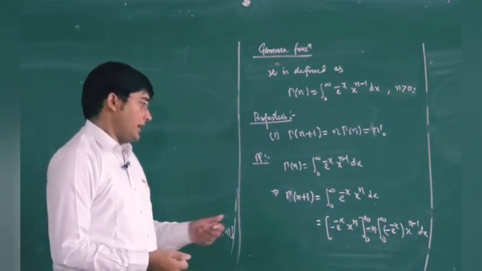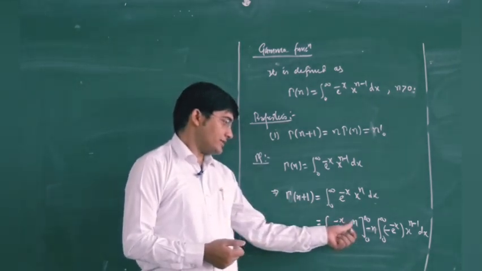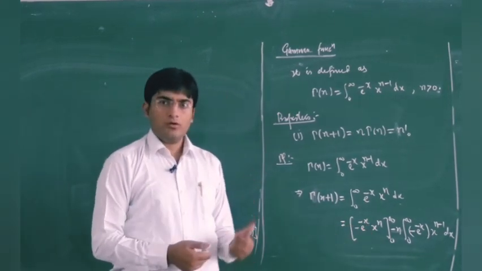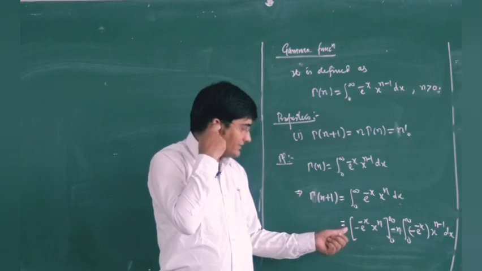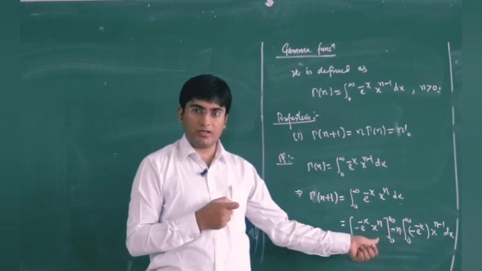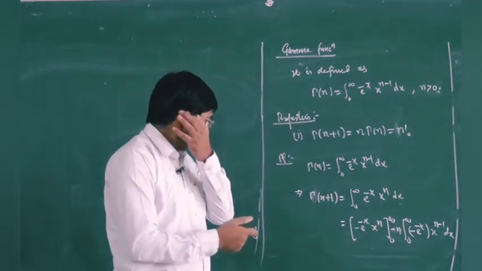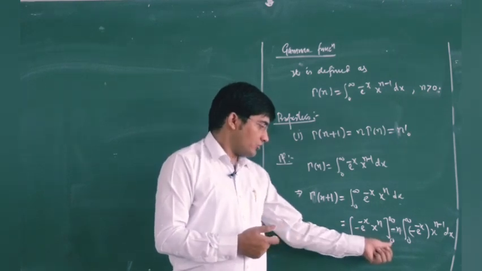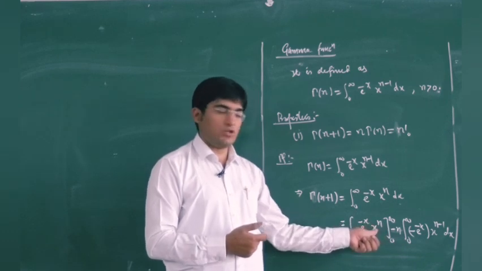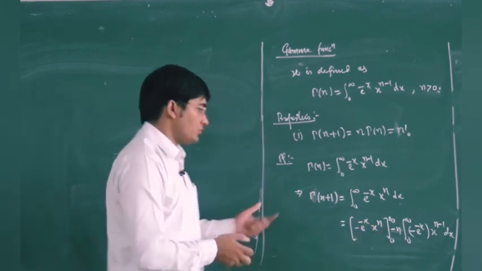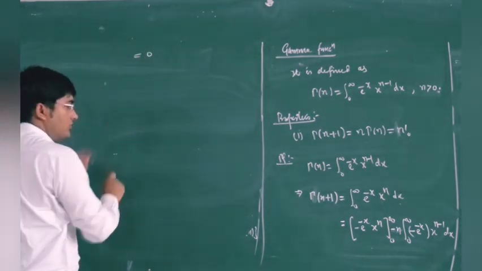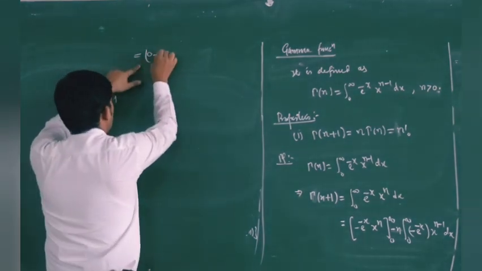Now if you put x as infinity, then this will be e to the power minus infinity, which is 0. But there is a problem, because if you put x equal to infinity here, then this will be of the type 0 into infinity. So let us find out this limit. And for the lower limit we have x equal to 0, and as this power is positive, if you put x equal to 0, then this will be 0. So again the upper limit will be 0. I am giving the reason in the bracket, and here we will have the lower limit as 0.